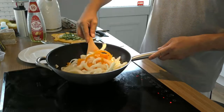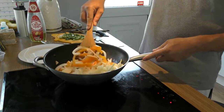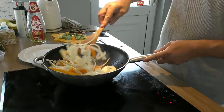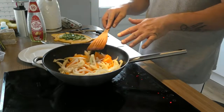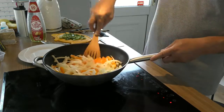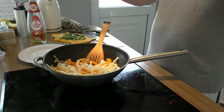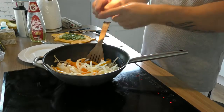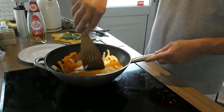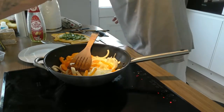Mix that around, because this is going to give a bit more flavour to our chicken. What we're going to be doing is cooking our onions and peppers. Then, when these all die down and go soft, which they will do, that's when we add our chicken wings and chips straight into here. You mix it all around again, and oh my god, the flavours, the taste. So while that's cooking,